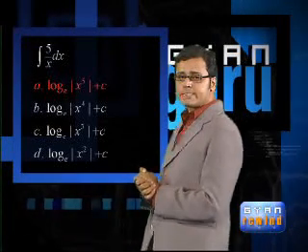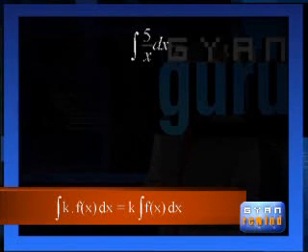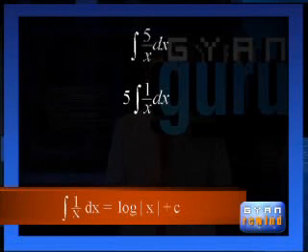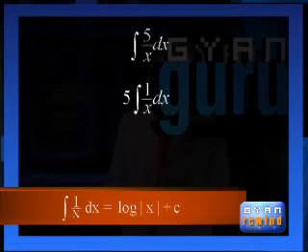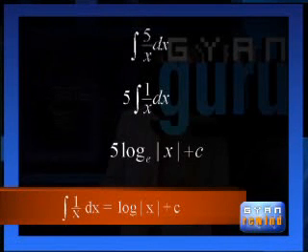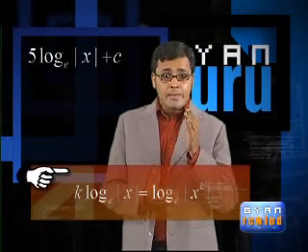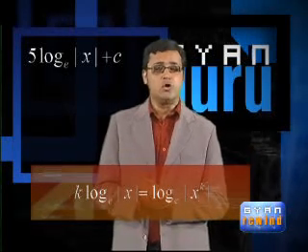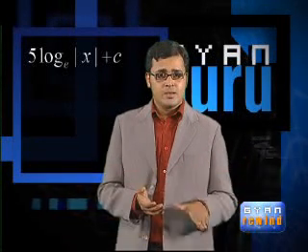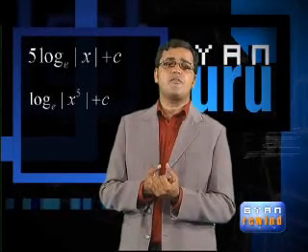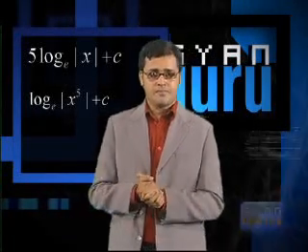Now the last and final question. Integral of 5 by x dx. Using the second property, we take 5 outside the integral sign. We simply apply now the standard formula for 1 by x. So what do we get? 5 log x. Now if you remember this, we have learned that k log x is equal to log x to the power of k. We just apply that here and get the answer log x to the power of 5 base e plus c.